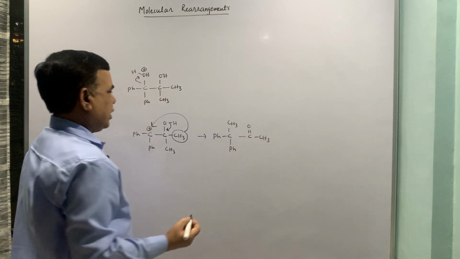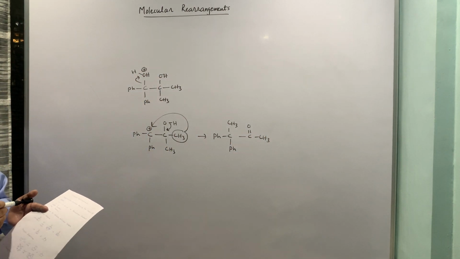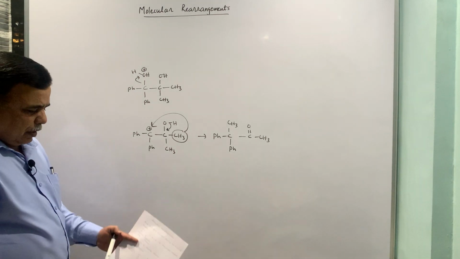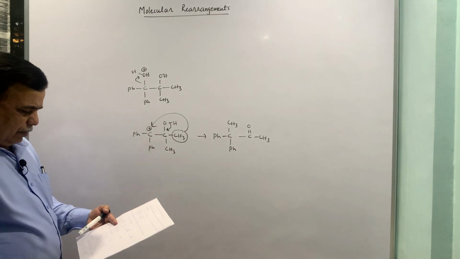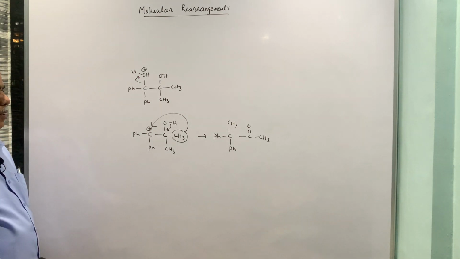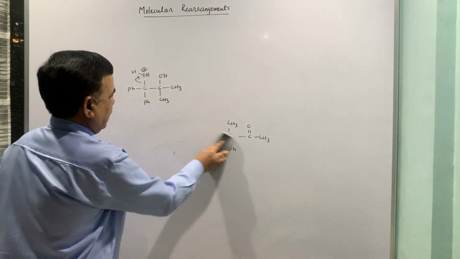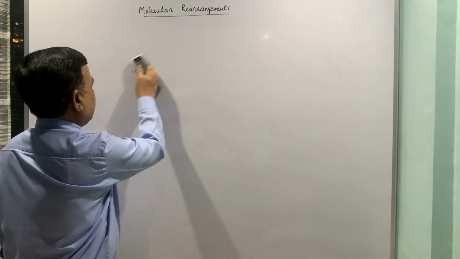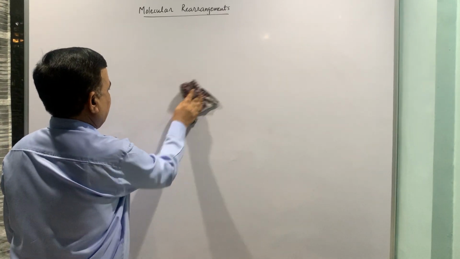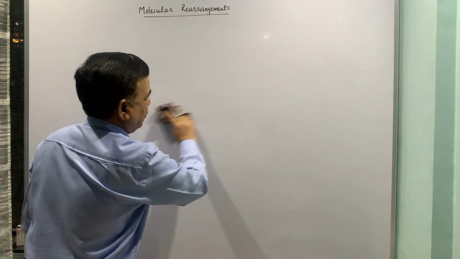I am just putting some arbitrary example. So if hydrogen is there, then you will end up with aldehyde and so on. So this is one of the examples. We have written a different example, I will come to that example also. The example which we have written earlier, we will write down the mechanism for that example also.